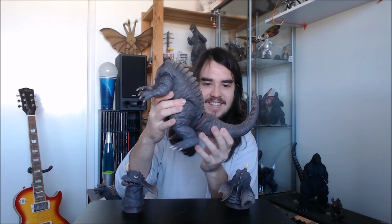But regardless, there's our tail. Very cool. I need a hairdryer to put it on, but which head should we use? Both of them are so cute, so I can't really...